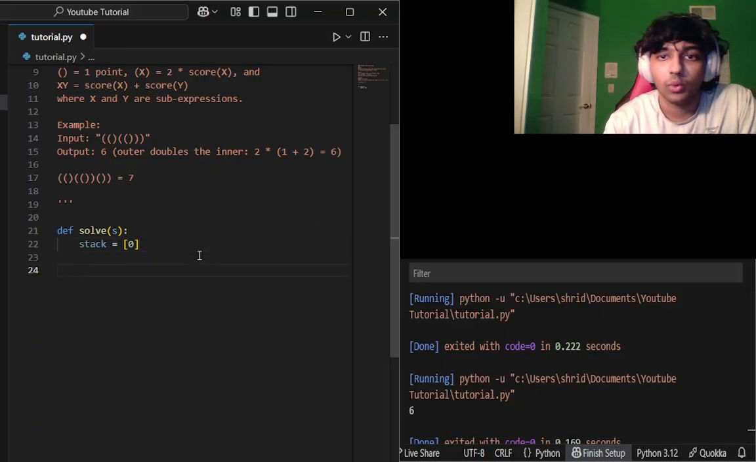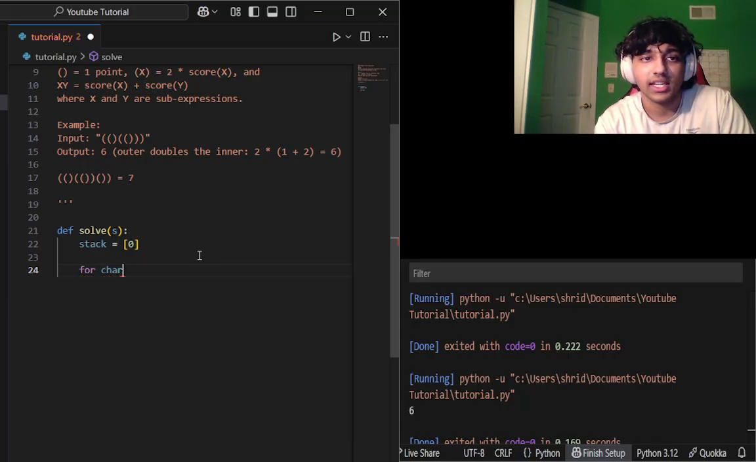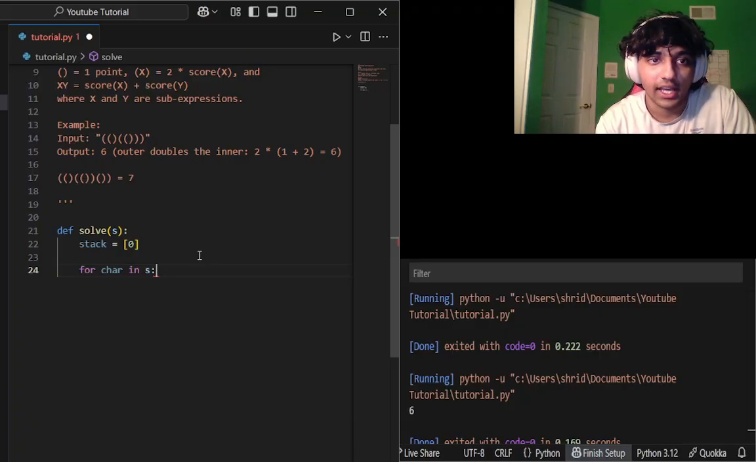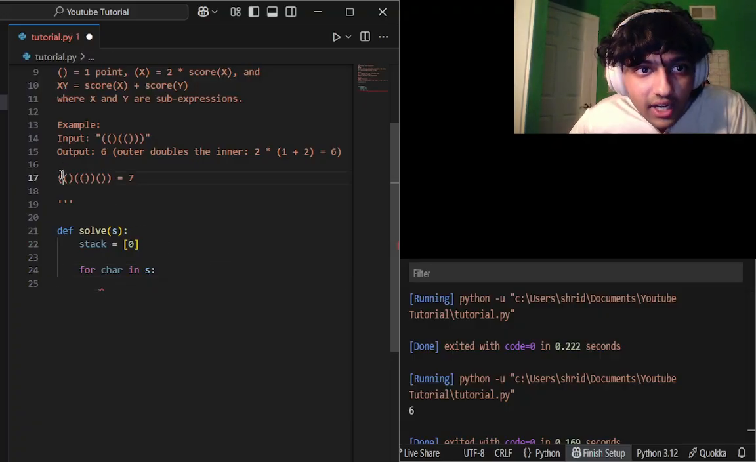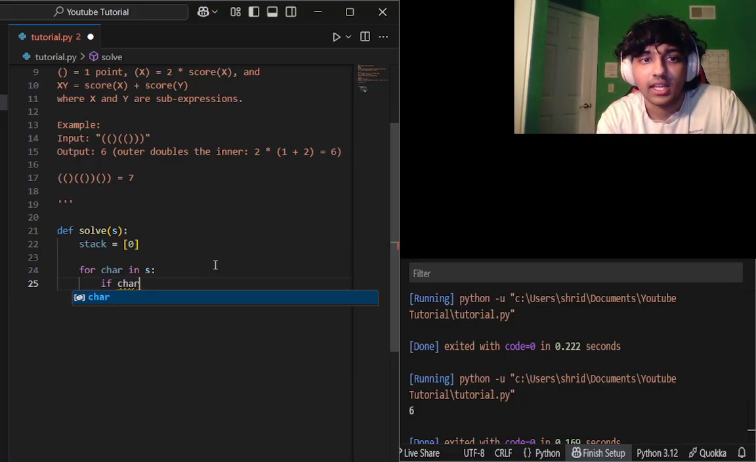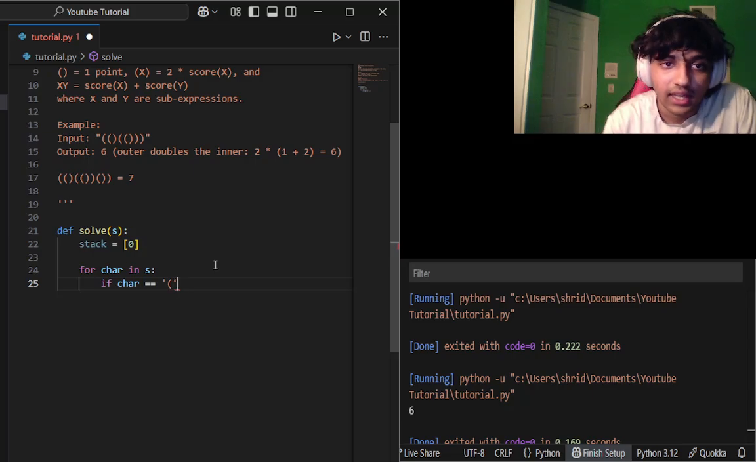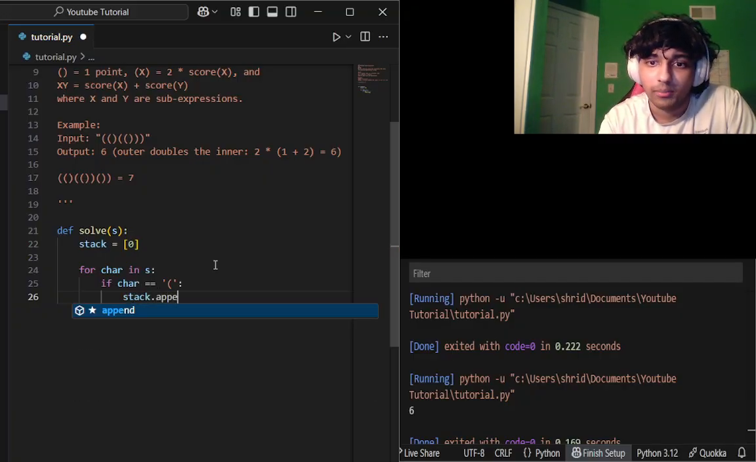And we'll get to what this is in a second. But what we're going to be doing is we're going to be doing this in a single loop for char in s. This is looping through each character in the string. Now, like I mentioned, if the char is a left parenthesis, that means we want to add it to the stack. So stack.append